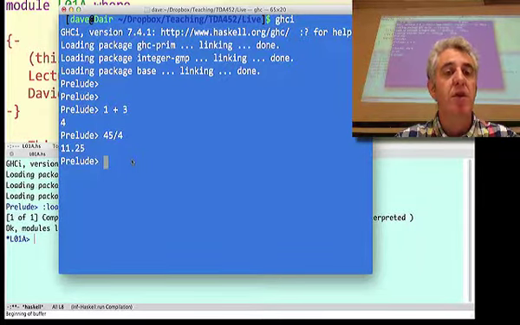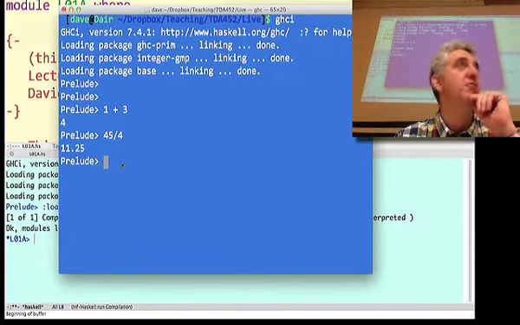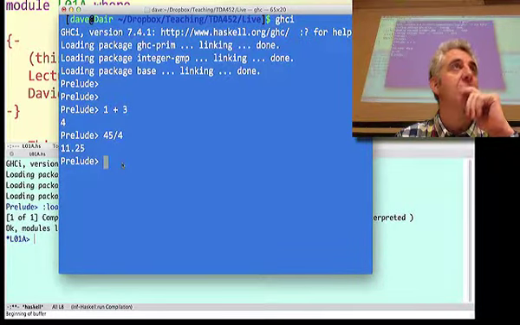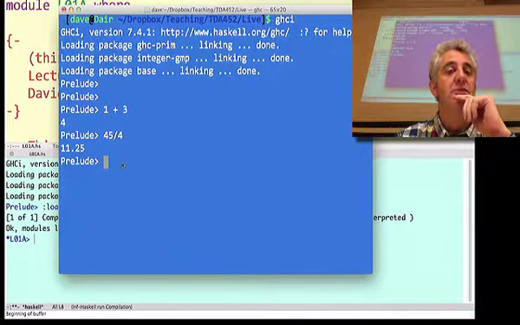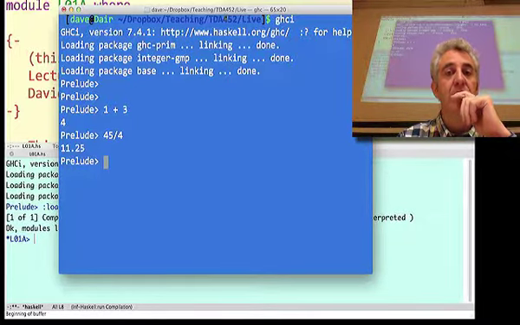What we're going to do, and what is usually done, is to develop the code in your favorite text editor. It doesn't really matter what it is too much. So fire up your favorite text editor and you can load code from there.